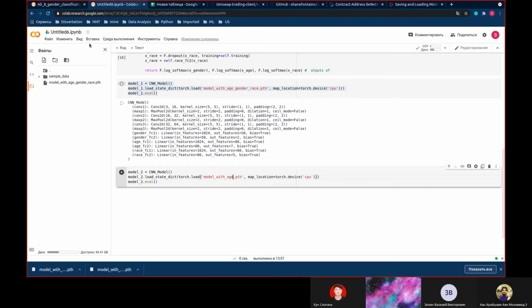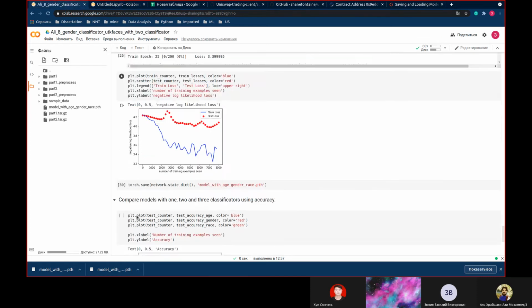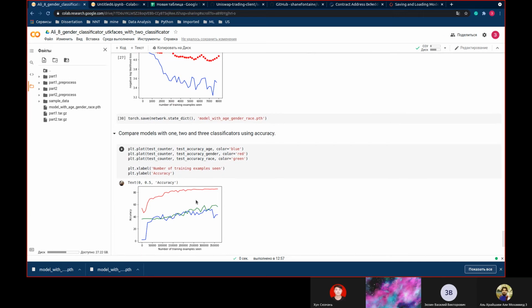And after this, you plot such graphics, and of course you can combine graphics together. For example, accuracy from model 1 for gender and accuracies for model 2 with gender, yeah, and you can find which model is better for you. This is one way how you can compare them together. Just saving all weights.